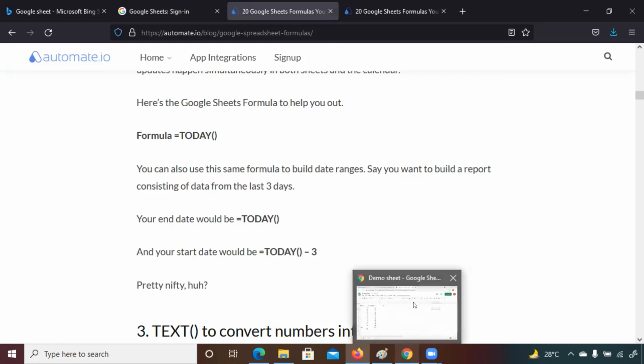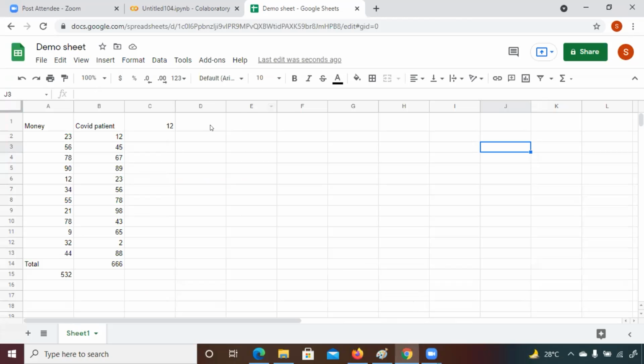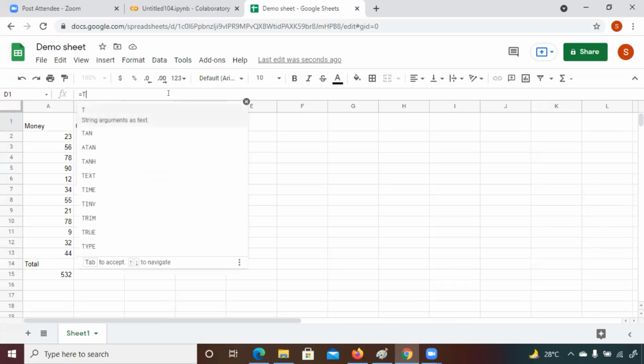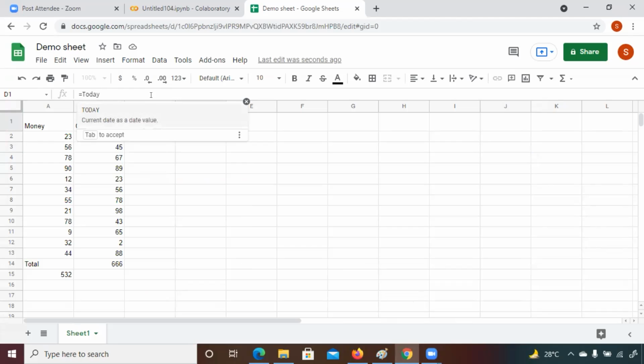So we will go to the Google Sheet and select this column, equal to today. So you can see here we are getting today's date. It will take it from your system, that is November 2nd, 2021.